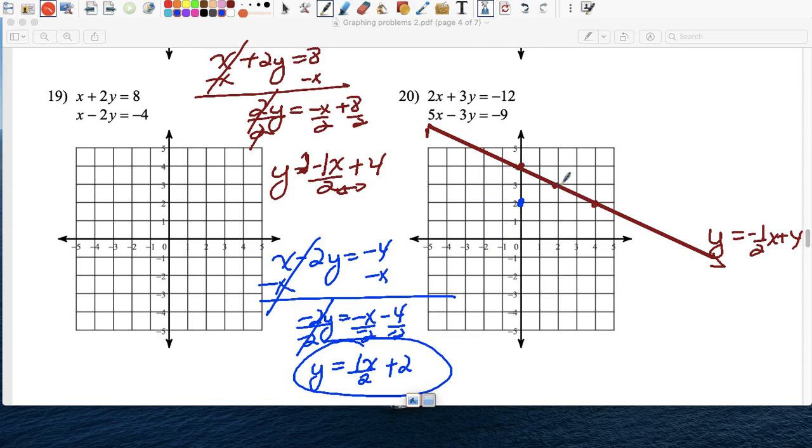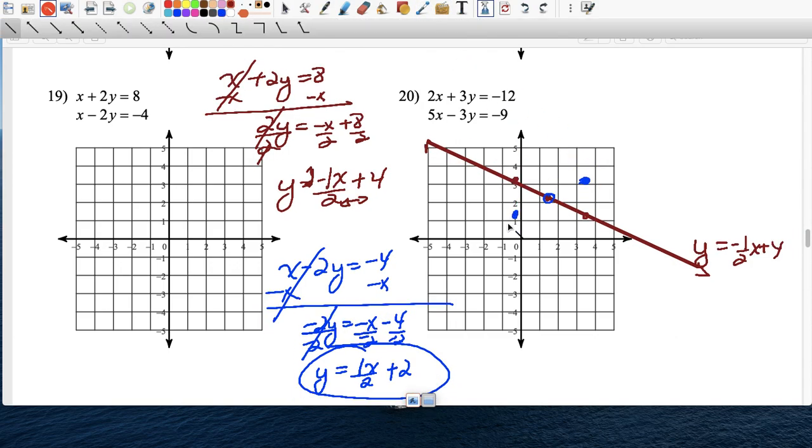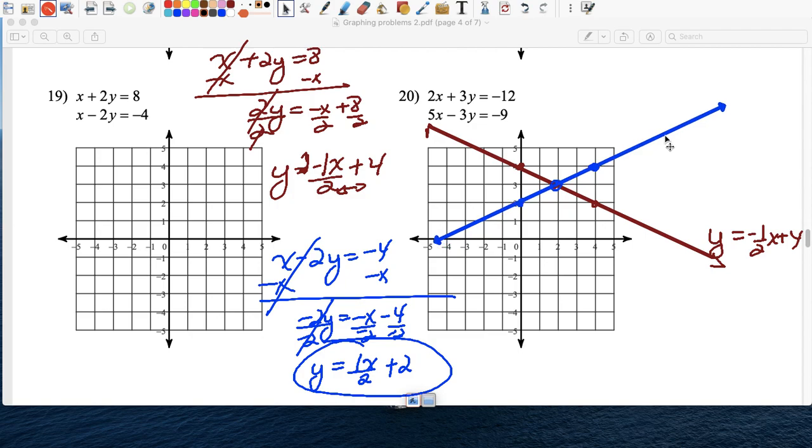So up 1, right 2, up 1, right 2. Already have 3 points. We already can see the point of intersection. You can see the point of intersection. And our point of intersection, and I'll put it in pink here, right here. So that is the point 2, comma 3, the point of intersection of both lines,